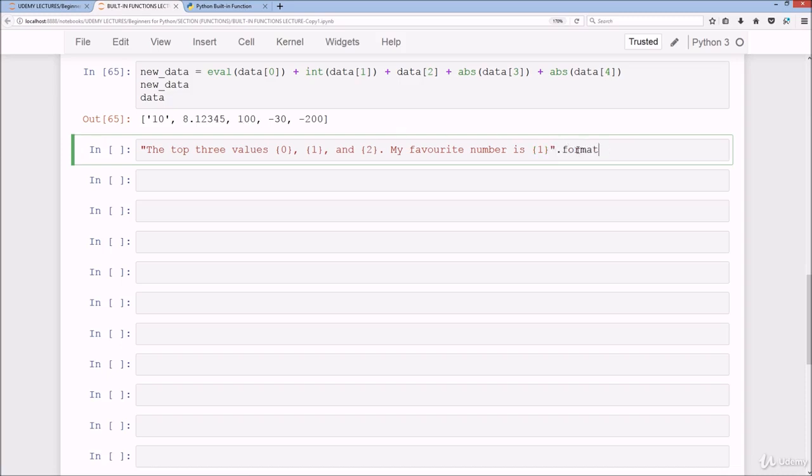So we do format, and before we do this line here, we actually have to do some code, but we could do it all within these parentheses, but it's rather long-winded and it will take up too much space. So what we'll do is, let's create a variable called clean data, and we'll do